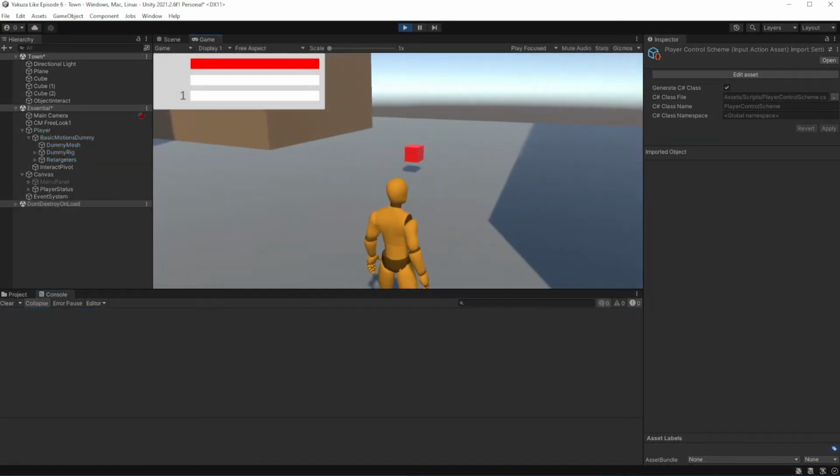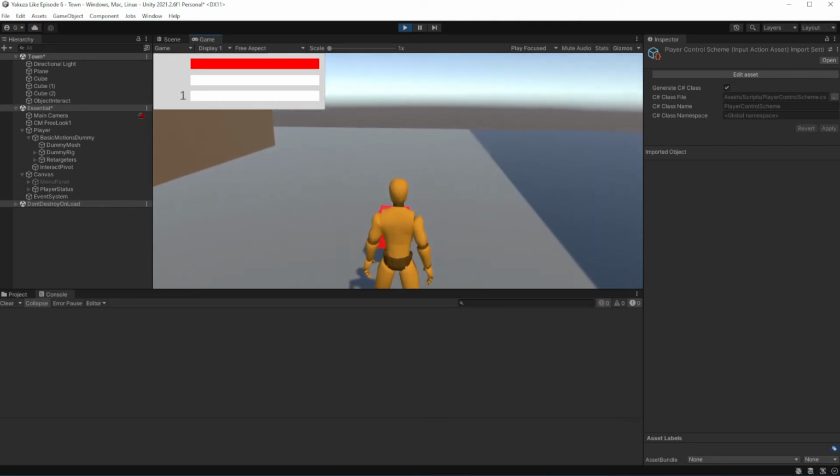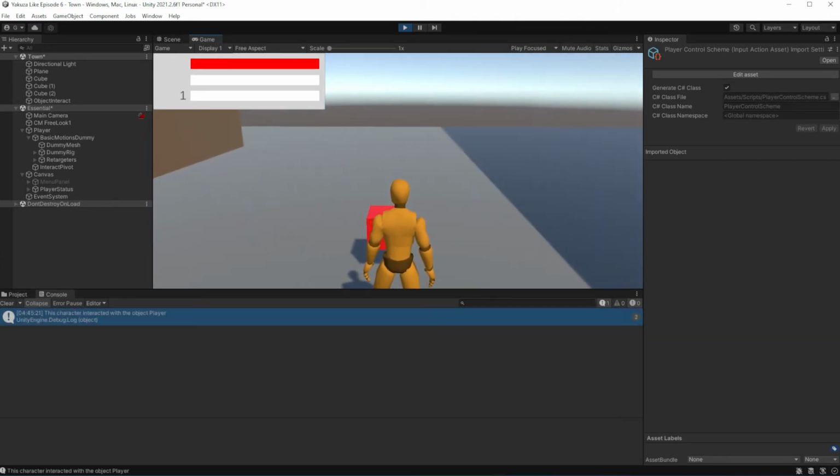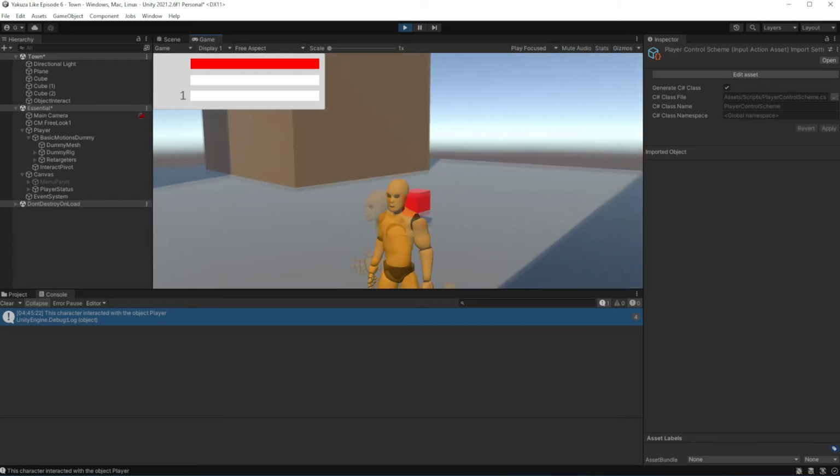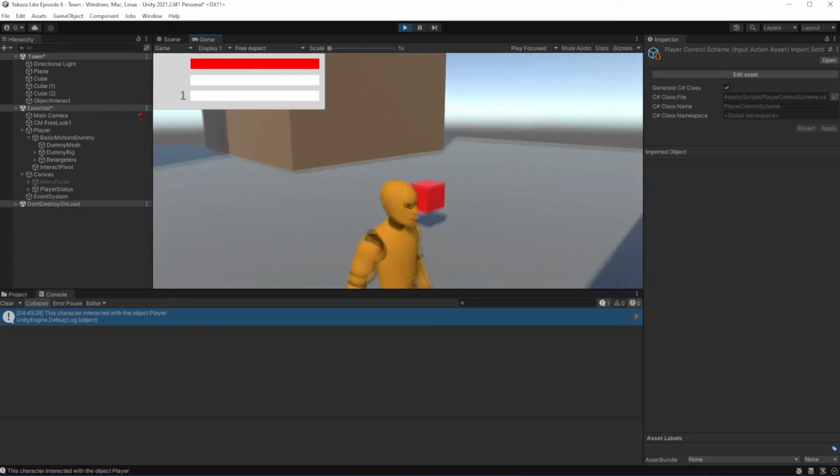Good. As you can see, if I stand in front of the object and press interact, it will post the debug message into the console.